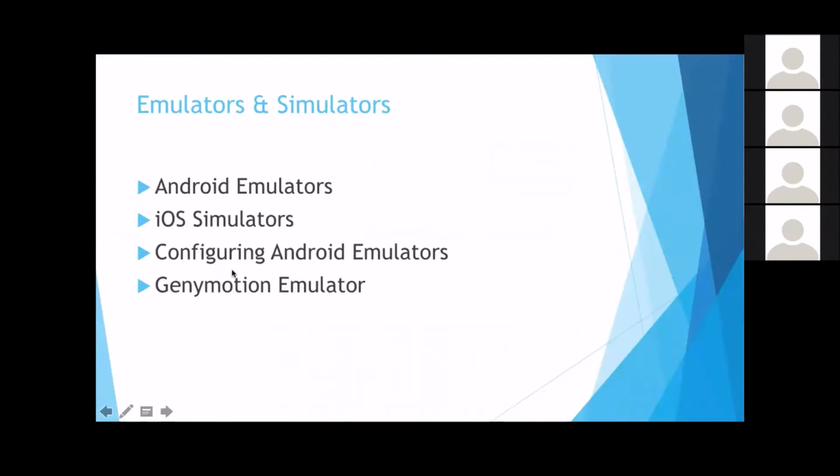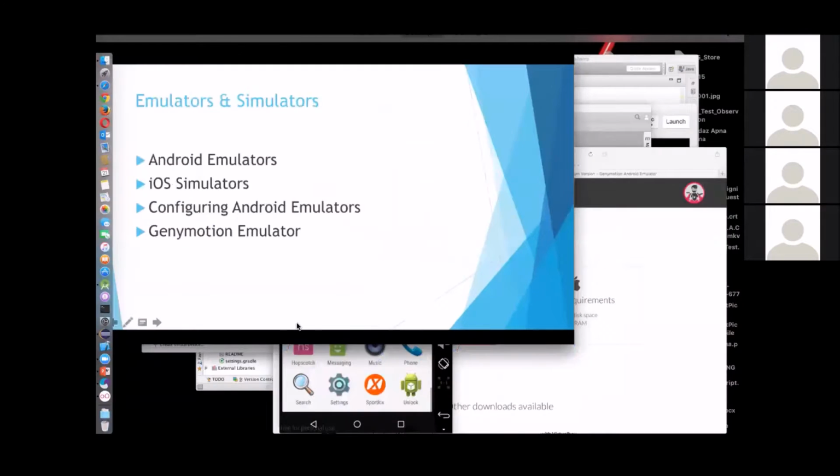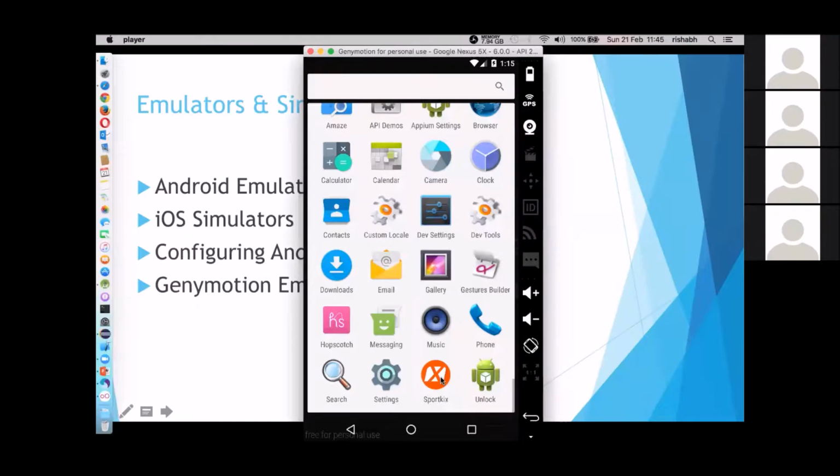APK is like the exe file on a Windows system, that is the executable file. On an Android system, the executable files are called APK files, that is Android package. The extension is .apk, and whatever application you download from the Play Store is in the format of .apk. So we have a sportkicks.apk file, which I have already installed.